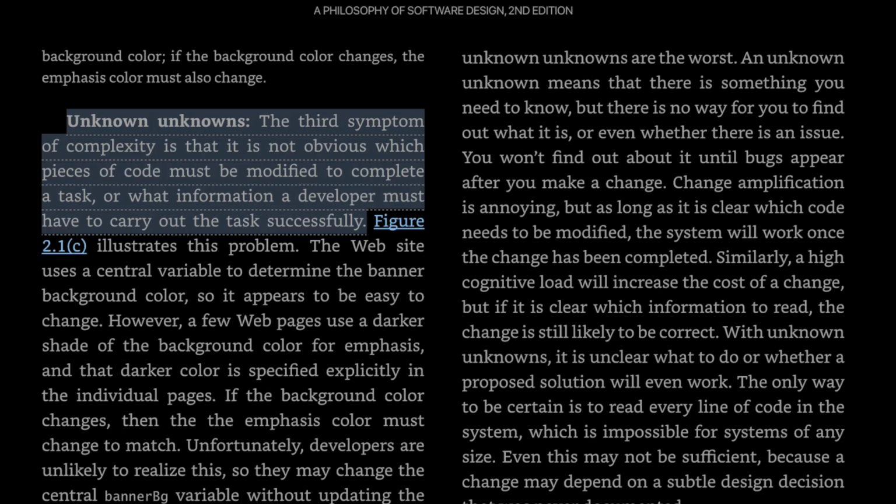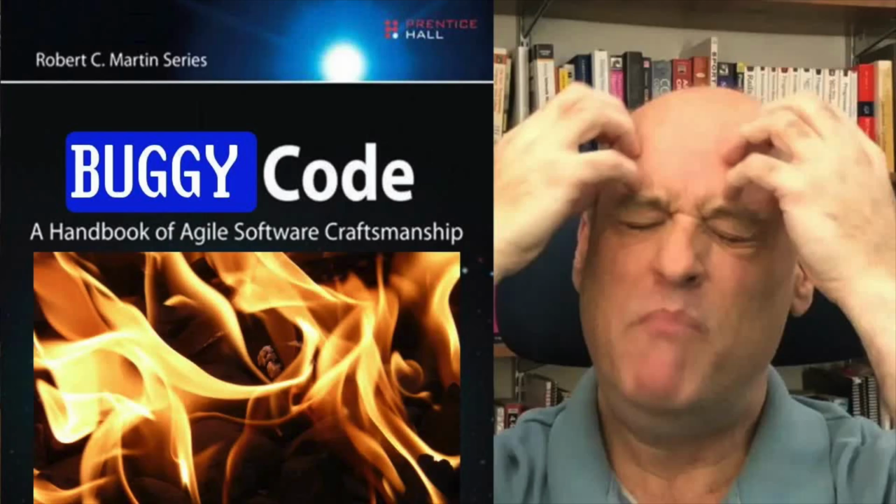So I'm going to start by going through the book and talk about what's good and what's bad and what's ugly. I'm going to skip Chapter 1, Introduction, which takes us to Chapter 2, The Nature of Complexity. It's actually pretty good. I'd like to expand on this section on unknown unknowns though. In my experience, this really undersells the issue. In a previous video, I talked about whack-a-mole, and this unknown unknown situation that he's describing here leads to those whack-a-mole project failures. So I'd argue this is a much worse problem than this book indicates.